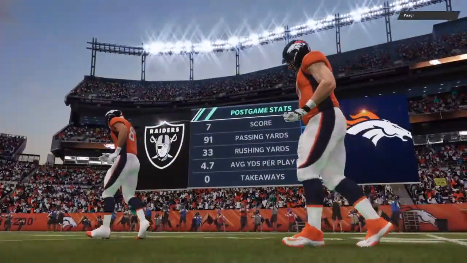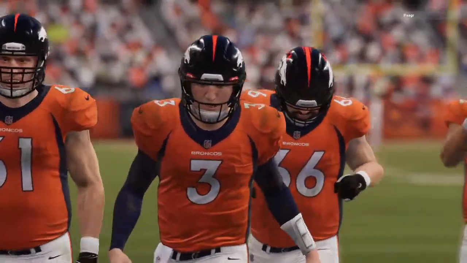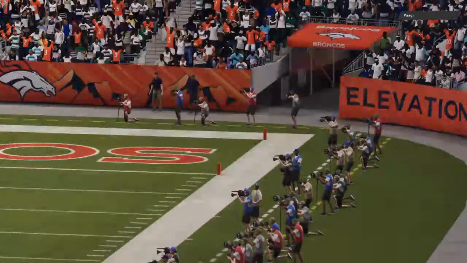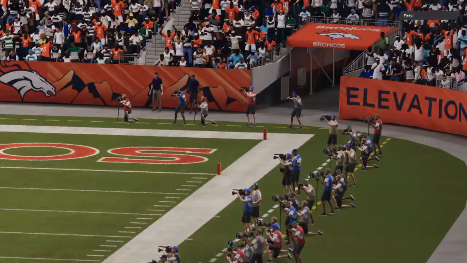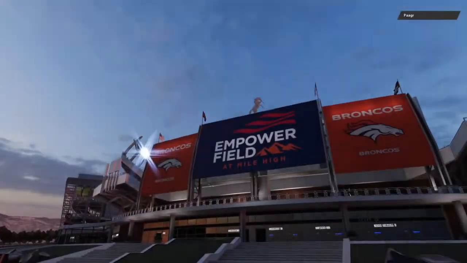So for Denver, it took a few weeks, but they finally get their first one of the season here in Week 4. And they will hit the road next week to take on Washington. Meanwhile, for Las Vegas, they'll sink now to 0-4. And they'll be on the road next